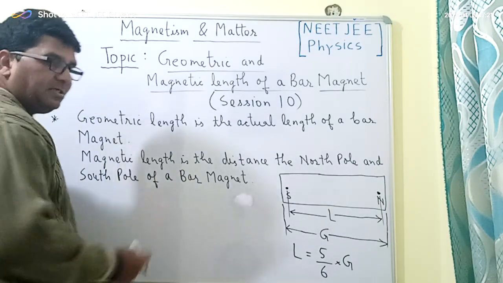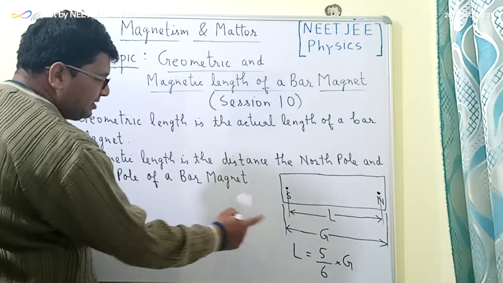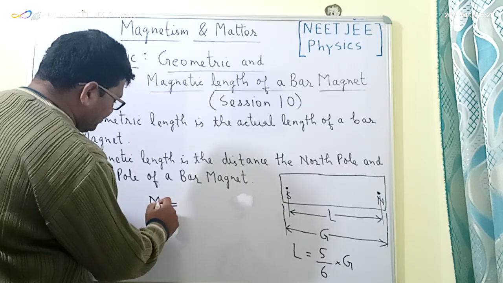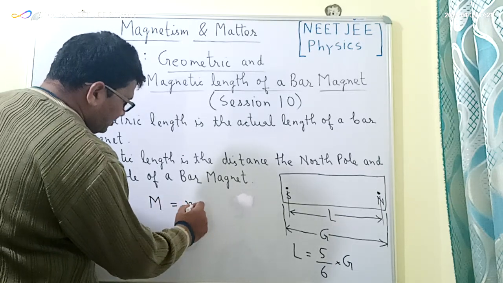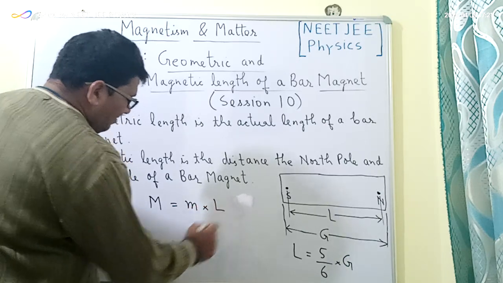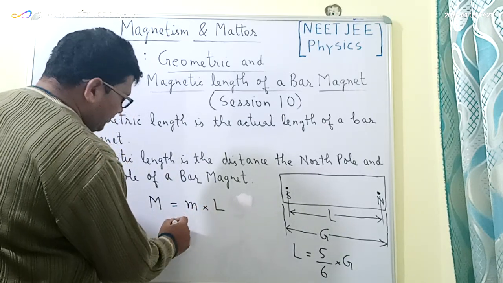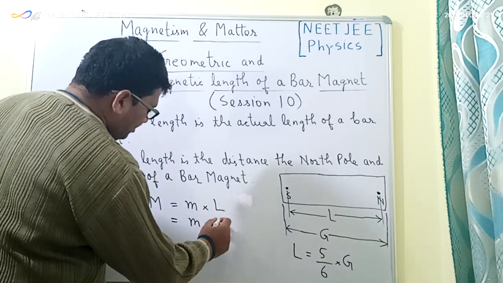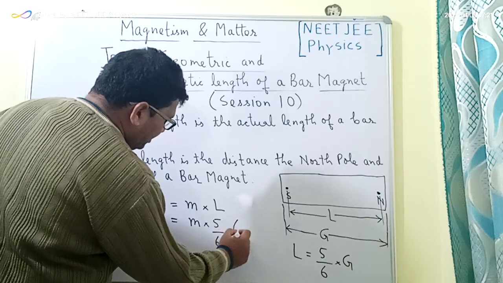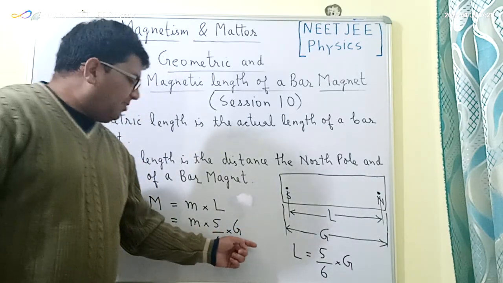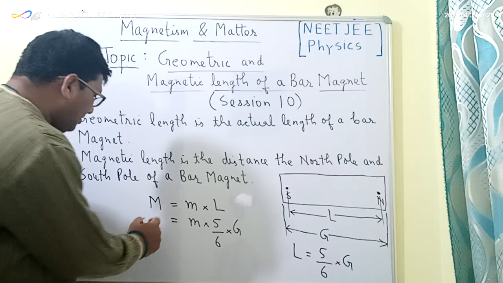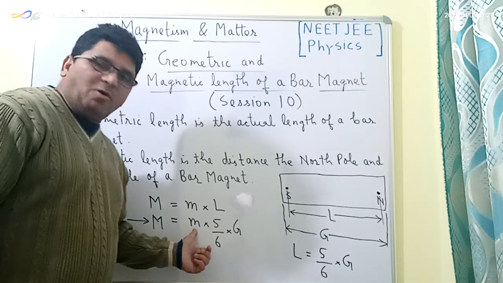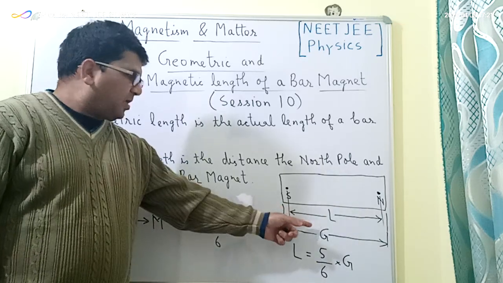Now if in any question we are given the geometric length, then we can find the magnetic moment of that bar magnet by using this formula, that is M is equal to small m into the magnetic length. Now the magnetic length is equal to 5 by 6 into G. So if the geometric length of a bar magnet is known to us, then we can find the magnetic moment by using this formula. Here small m is the pole strength of the